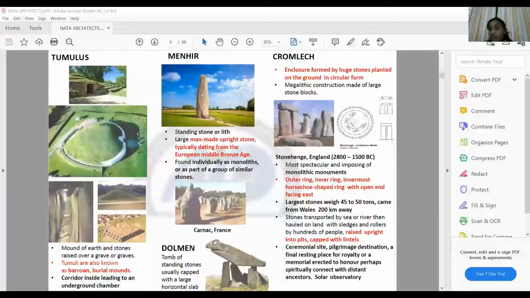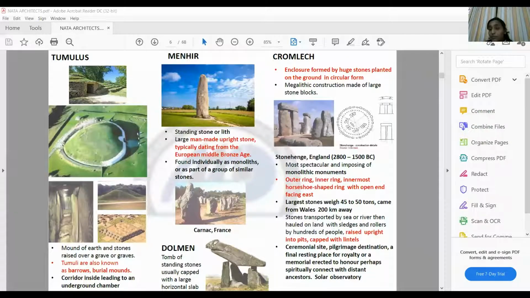A dolmen mainly consists of two vertical posts and a horizontal member on top. You need to remember they might even ask you a question saying, what is the horizontal member that is seen in a dolmen stone? So that is referred to as. And then there were structures which were grouped together in a circular form. They were referred to as your cromlechs.